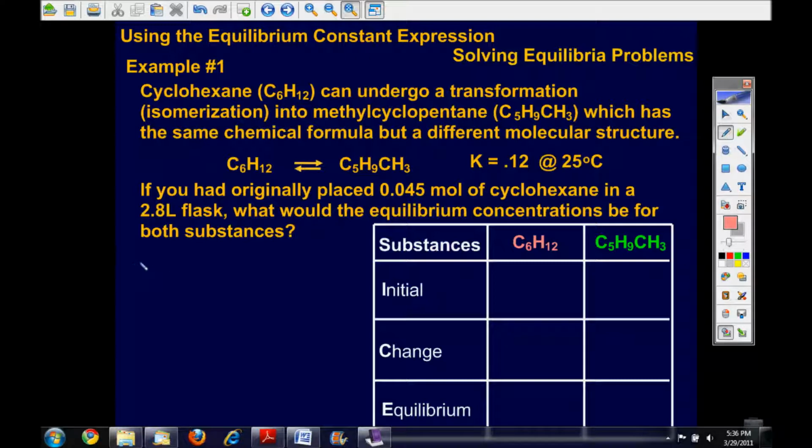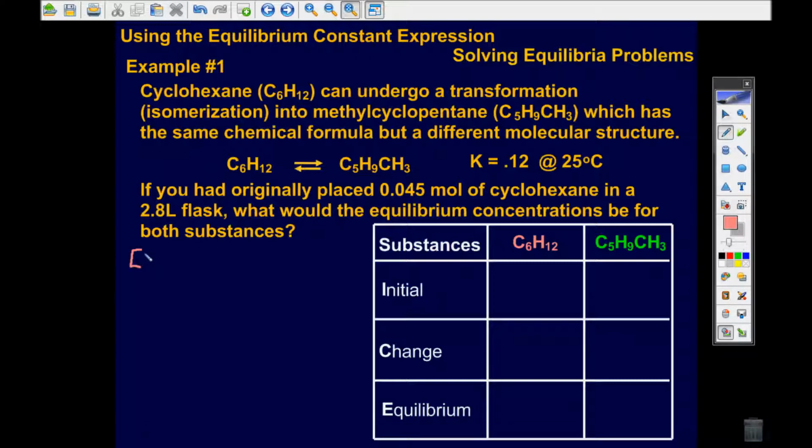So I'm going to solve for the concentration of cyclohexane and take my molar quantity, which is 0.045 moles, and divide it by the volume of the flask, 2.8 liters. When I do that, I get 0.0161, rounding for significant figures. So this is my initial concentration of the reactant, and I'm going to put it here in my ICE chart,